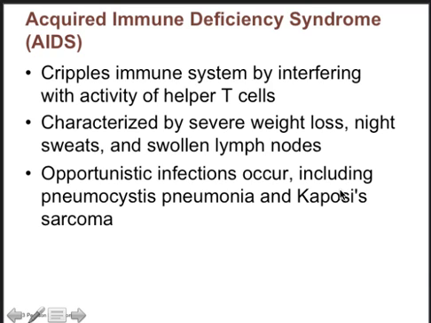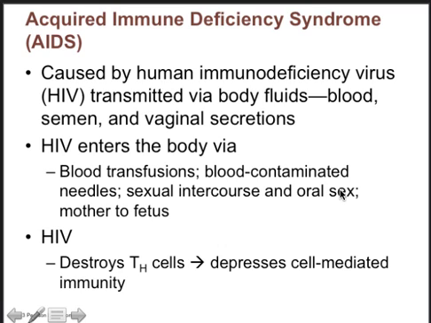And this is why a differential count in which your eosinophil percent is increased indicates either a parasitic infection or an allergic response. Helper 17 cells link adaptive and innate immunity by releasing interleukin 17, and this plays a role in autoimmune response. Remember that we talked about